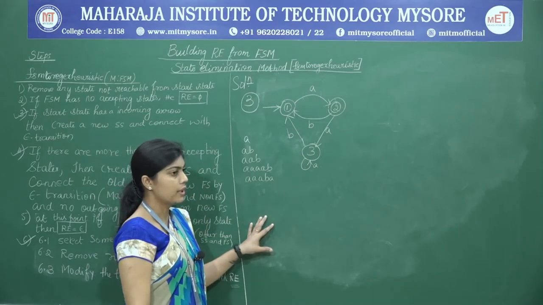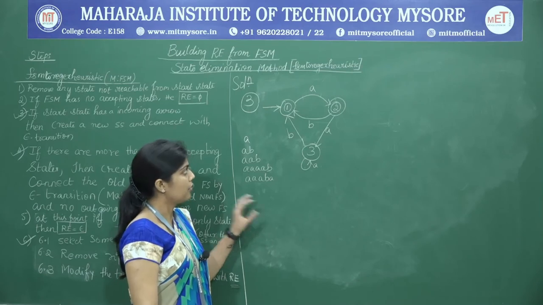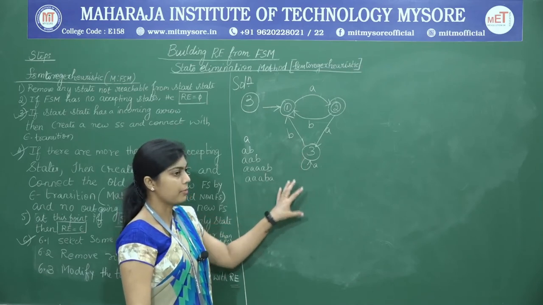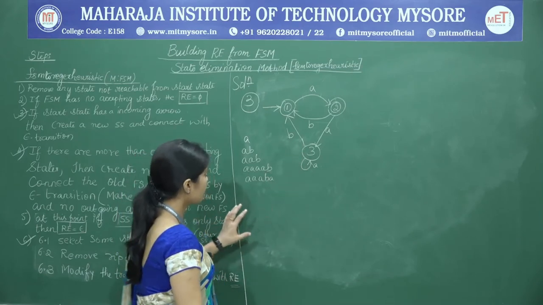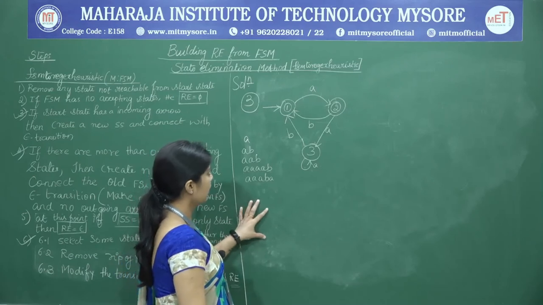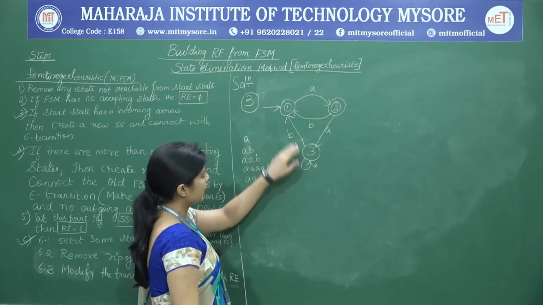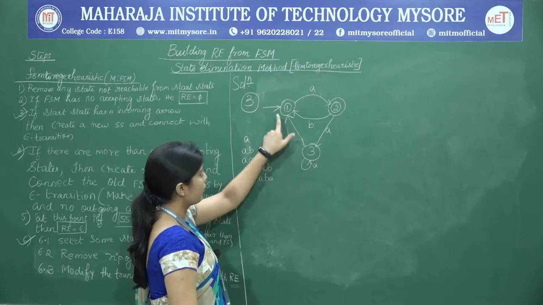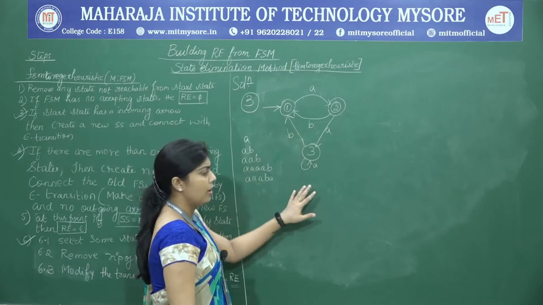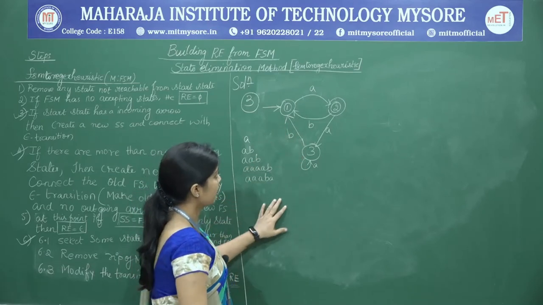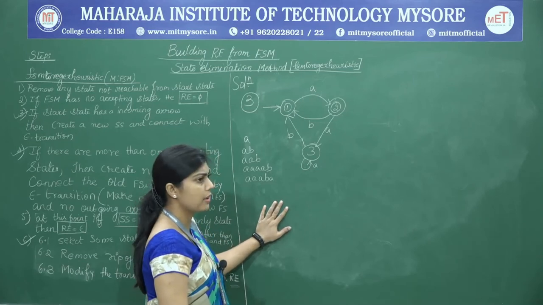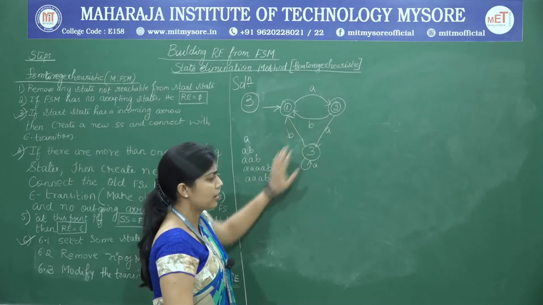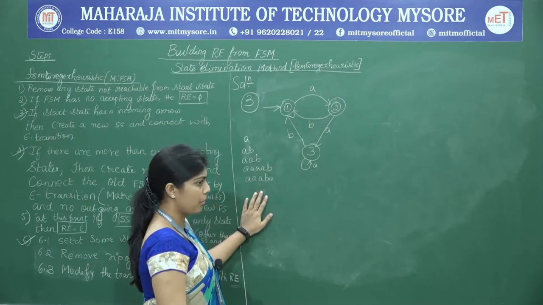So, what we are going to do is frame a regular expression for the strings that are accepted by this machine. So, we will go with the state elimination method as it is. As we can see here, there is at least one outgoing arrow from every state. So, there is no dead state here. Second step that we are going to see is whether we do not have any final state. We have 2 final states here. So, second step is also not possible.